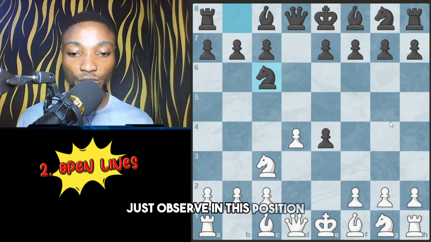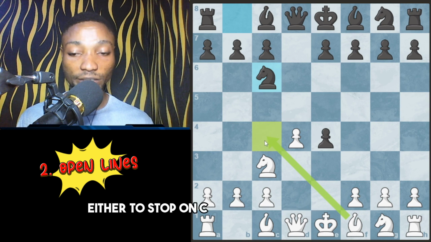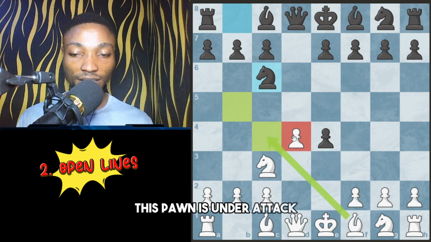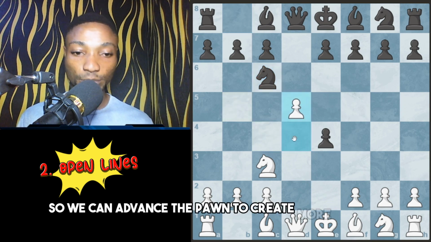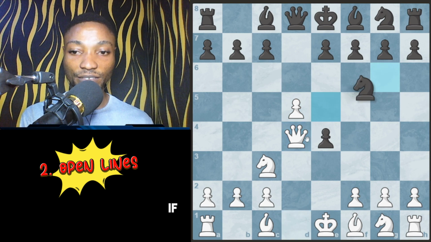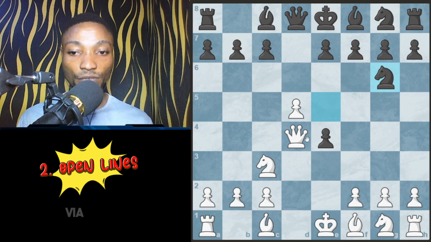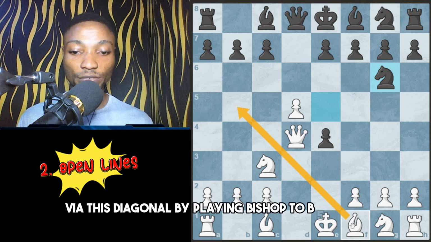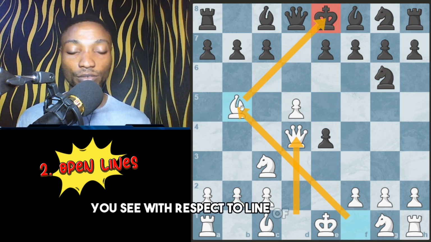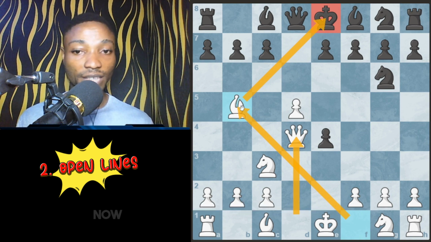Just observe, in this position, this light squared bishop already has a free diagonal to come into the game, either to stop on c4 or to stop on b5. In this case, this pawn is under attack, so we can advance the pawn to create more tension. If knight to e5, queen attacks the knight. If knight to g6, then we can unleash the terror of the bishop via this diagonal by playing bishop to b5 check. You see, with respect to lines of action and open lines of attack, the bishop is free, now tempting